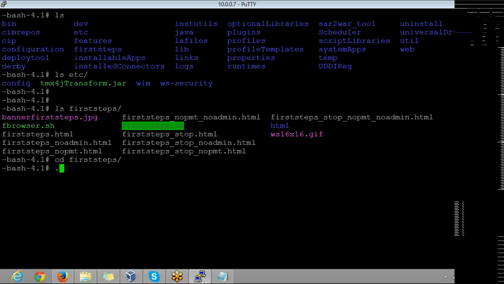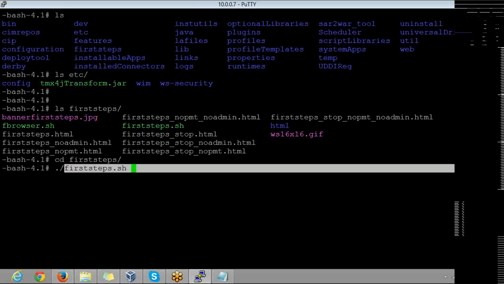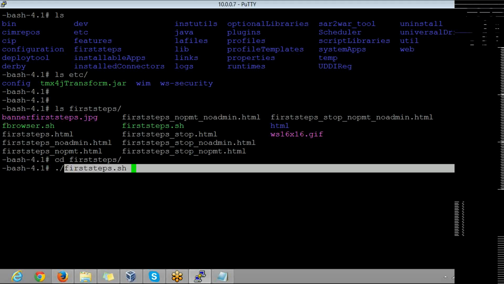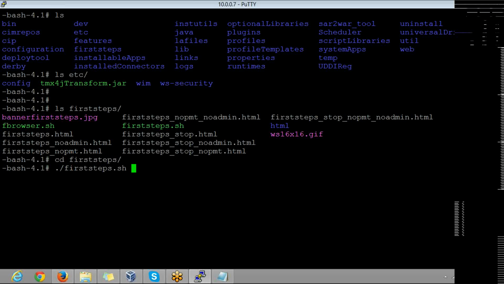I'm doing a cd and I'm going to this particular path. When I went into this particular path, there is an executable file by name first steps.sh. As we were discussing a long time back, always remember in a Unix operating system, by default, the executable files could be either a .bin file or a .sh file. Clear? Whenever you are trying to execute any of these executable files, prefix that by ./